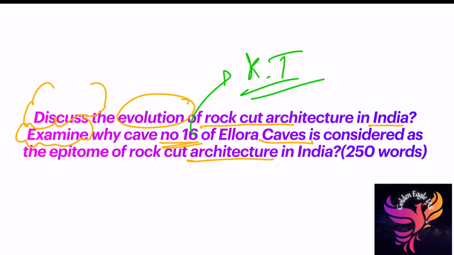Body. How do you give the body? How will you start it? You go from ancient history. The Bhimbetka caves and the Mauryan-era Barabar caves, you emphasize how the Mauryan caves evolved over a period of time to Ajanta. Then temple architecture, where rock-cut architecture formed the first stage of temple construction in both Dravida and Nagara style. You mingle the Dravida and Nagara styles of architecture with rock-cut architecture.